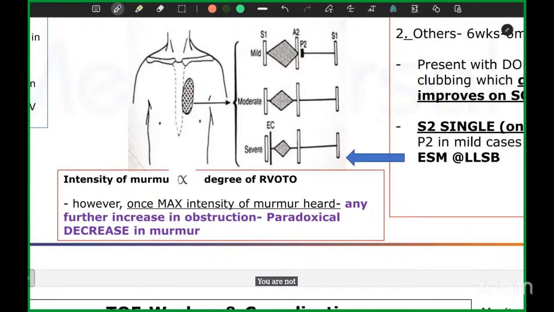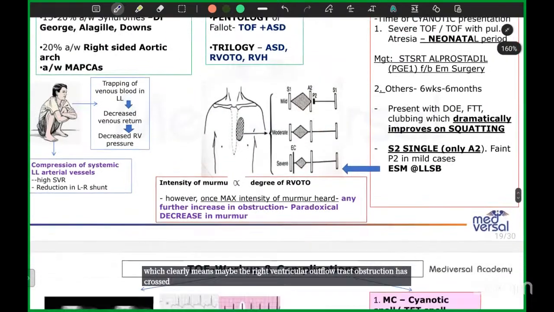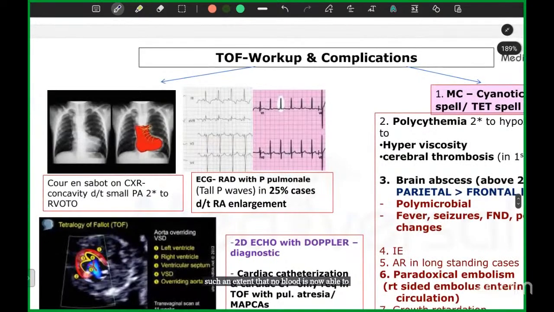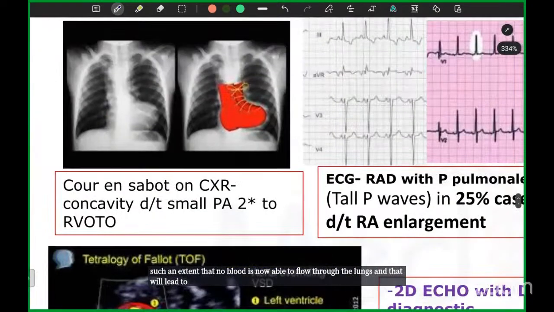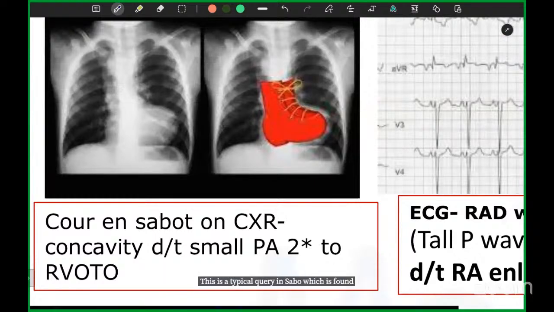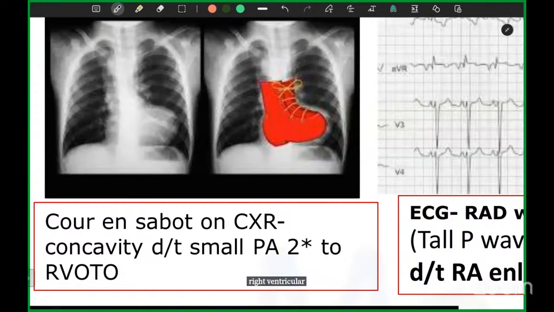Please don't be happy. It is an ominous sign, which clearly means maybe the right ventricular outflow tract obstruction has crossed such an extent that no blood is now able to flow through the lungs, and that will lead to pulmonary oligemia. You can clearly see lung fields are dark, black. This is a typical coeur en sabot, which is found on chest X-ray. This concavity that you find, also called a boot-shaped heart, is due to the right ventricular hypertrophy,